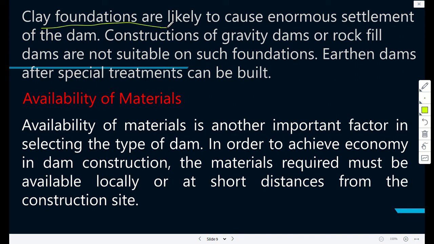So if you have to use it as a foundation material, you need to make special consideration. The knowledge or skills for which come from soil mechanics, which I believe you have covered sufficiently in the previous courses. Now, availability of materials: again, if you're doing an earth dam,